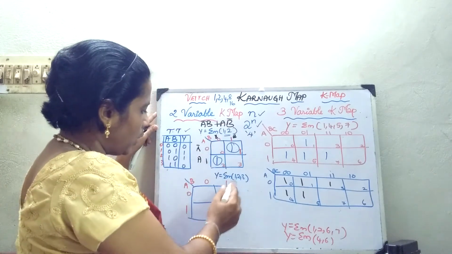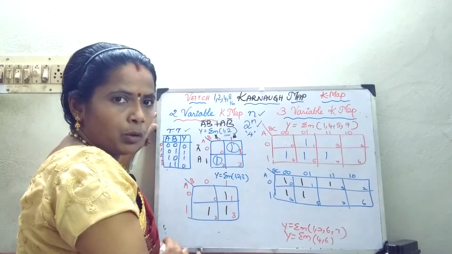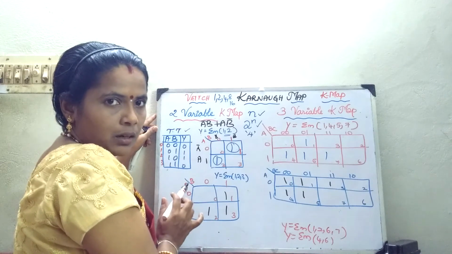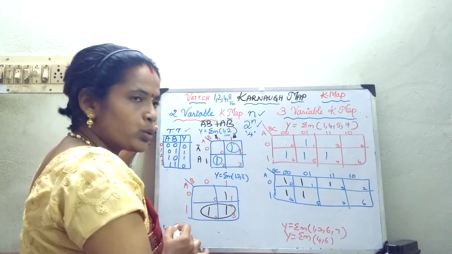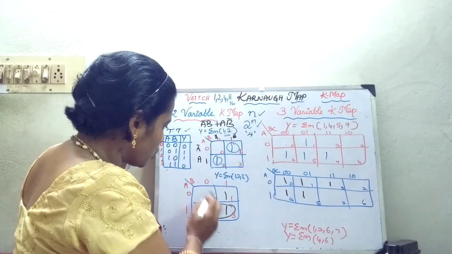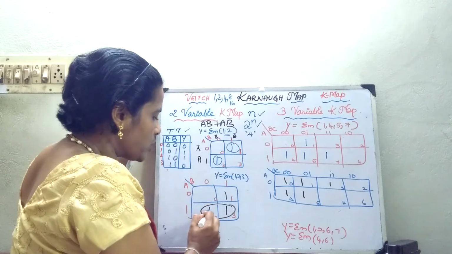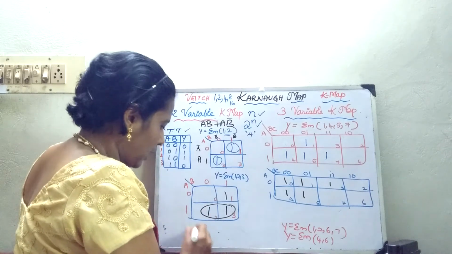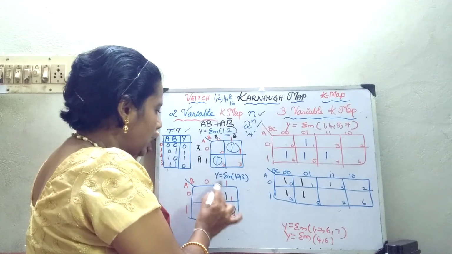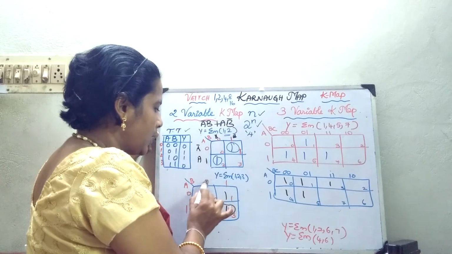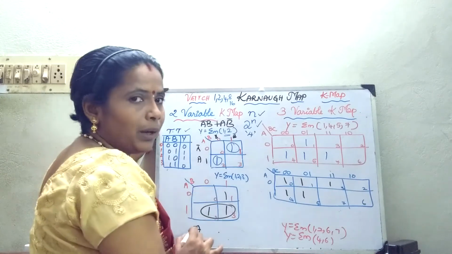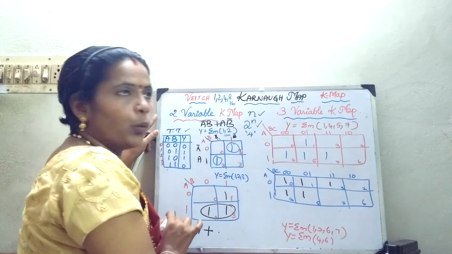Now we will come to this one, 1, 2 and 3. First, a 4 cell grouping, you cannot do it because the value is not there. Now, what is the next condition? Here I have to go in for a 2 cell grouping. So what will be my expression for this? It is going to lie in this row and both the columns. Whenever I check both columns, I write the value as A. Now, go in for my B variable. Whenever I check, the variable should be matching. Here it is 0, here it is 1, so this cannot be considered at all. So only A is my output.